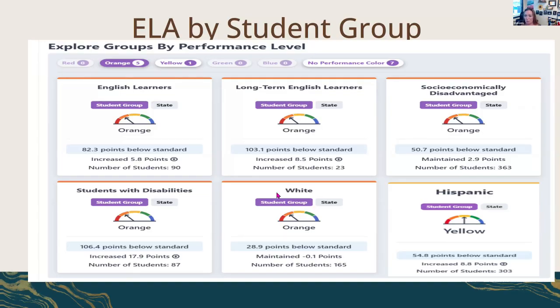If we're increasing in our points like we're showing right now, most of these are increased with the exception of one maintained. I would like to do better, but at least we're maintaining. But when we're seeing groups decreasing, at the very bottom left of that 5x5, I want to know